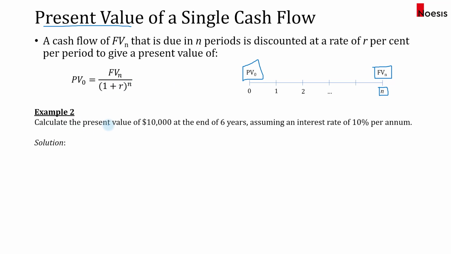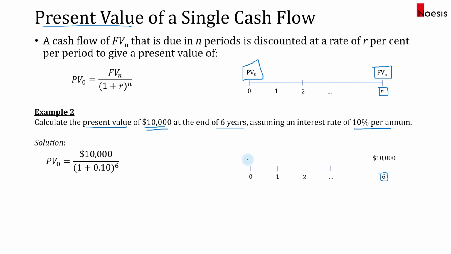Example 2 here, let's calculate the present value of $10,000 at the end of 6 years, assuming the interest rate is 10% per annum. With the timeline, we have $10,000 in year 6, and I want to find the value of this cash flow today, at time 0. So we'll take $10,000 divided by 1 plus 0.1, which is 10%, to the power of 6. So that's